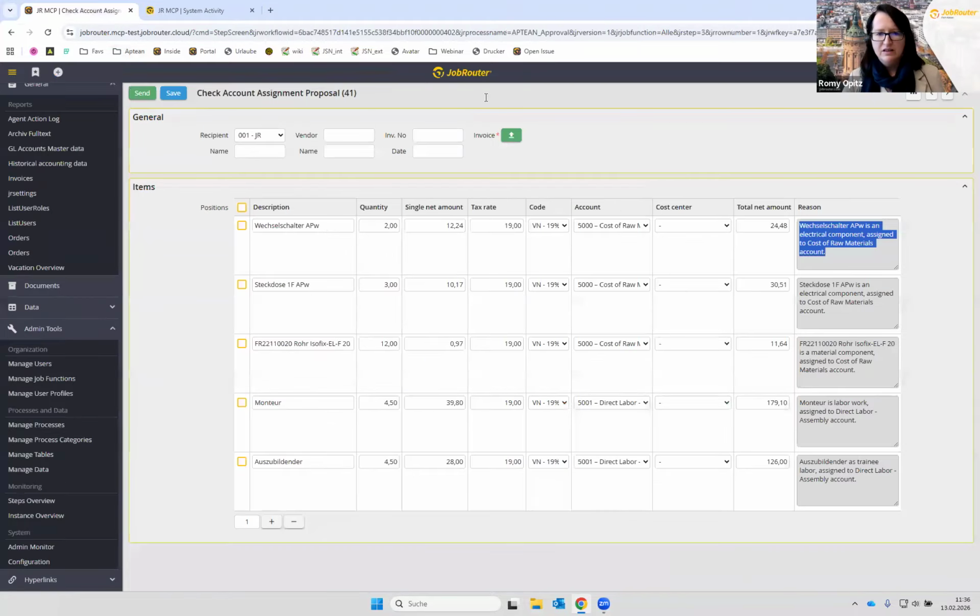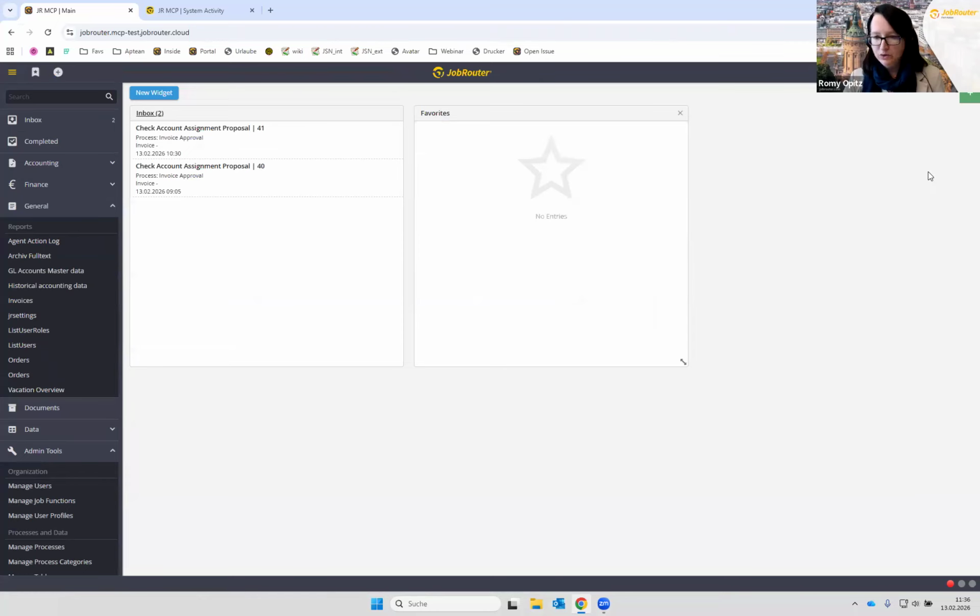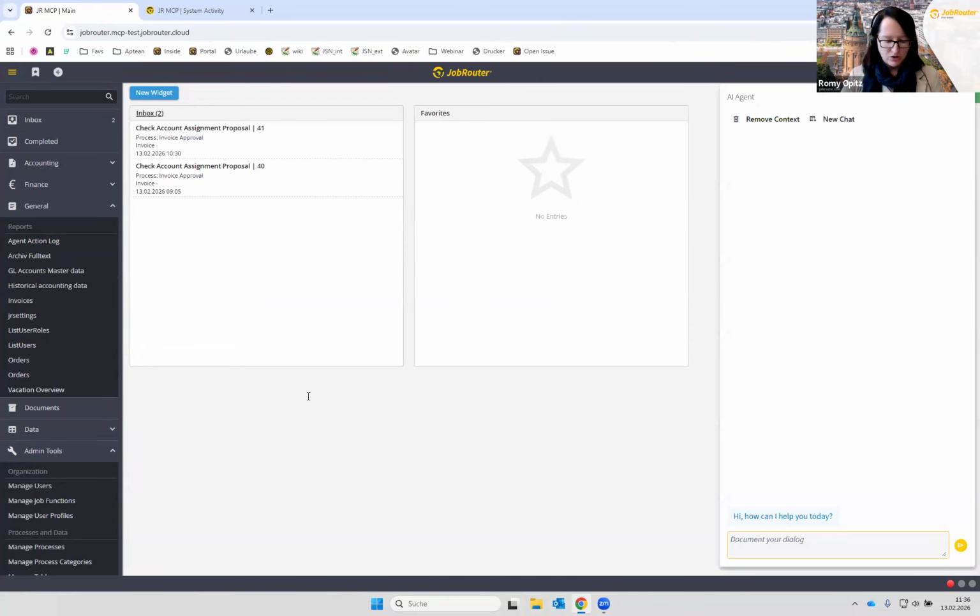The second thing that Axel also mentioned is the user agent, which is still work in progress. So that's not something we will release next month or so. It's more targeted for summer because we are still working on reliability and performance also. But just to give you an idea of what you can do with that agent.